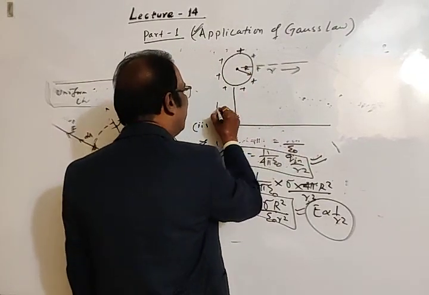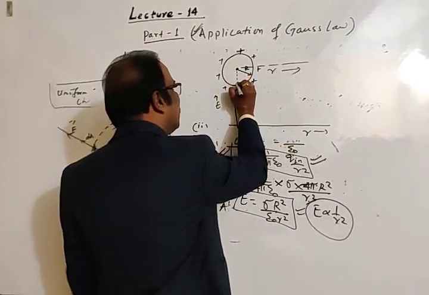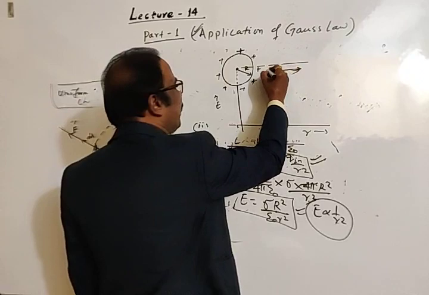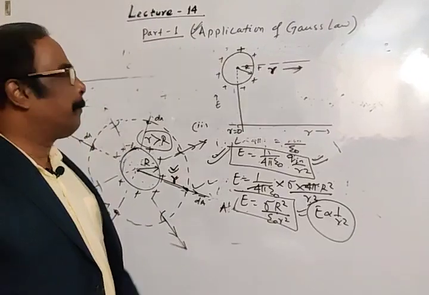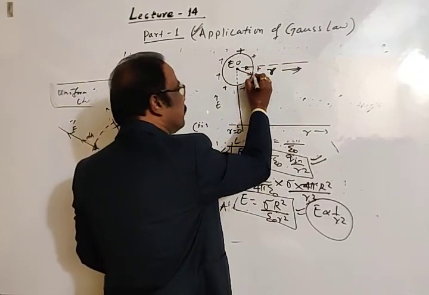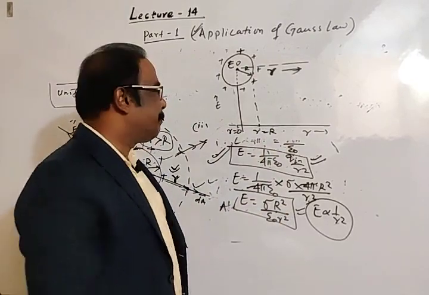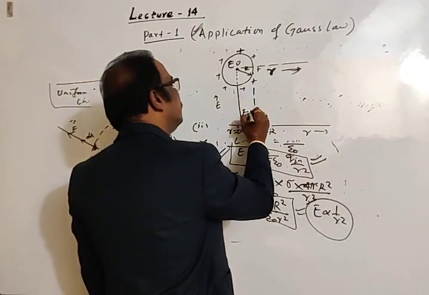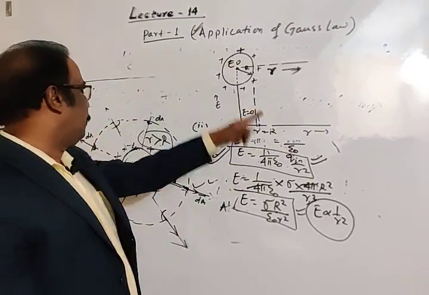Let's represent the variation of electric field with distance. See, this is the center. At the center, the value of r is 0. Of course, inside the sphere, electric field is 0. So this is the surface. At the surface, the value of r is equal to the radius of the sphere. Inside the surface, electric field is 0. Outside the surface,